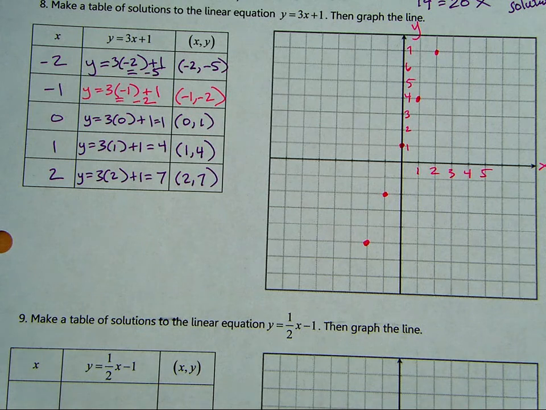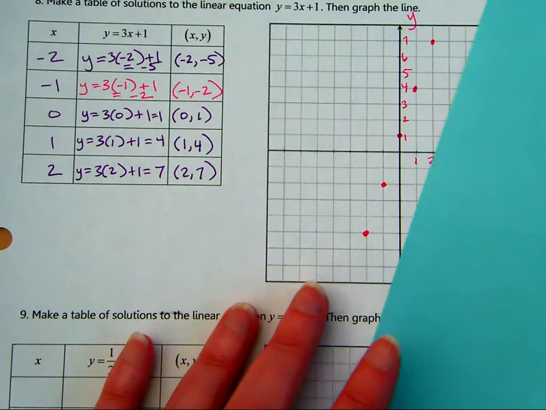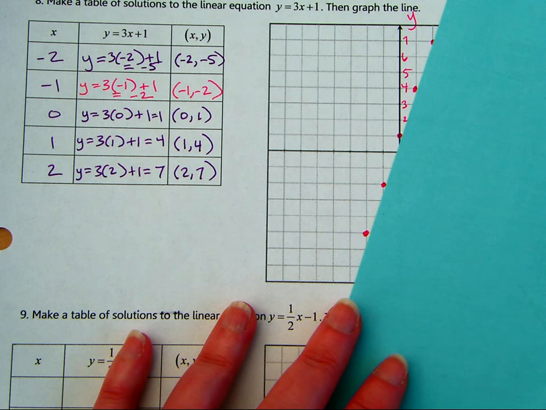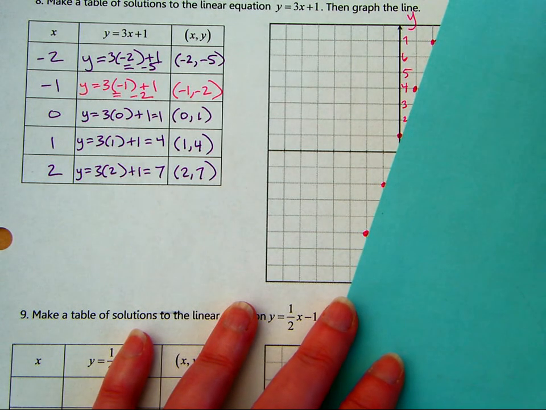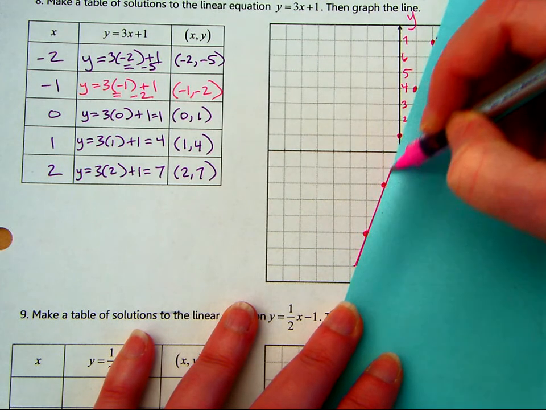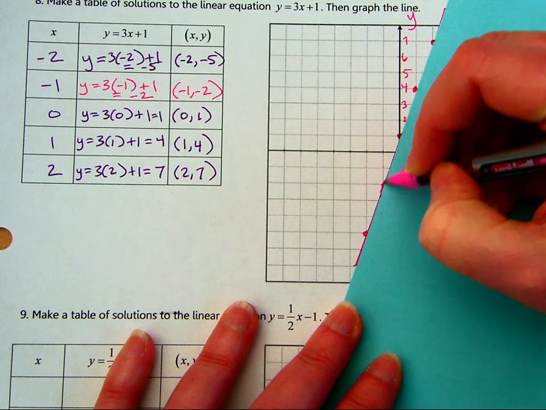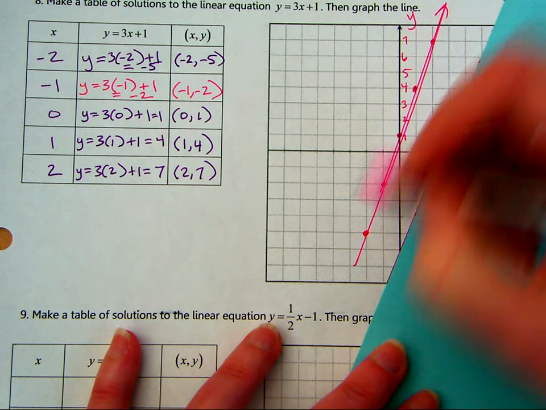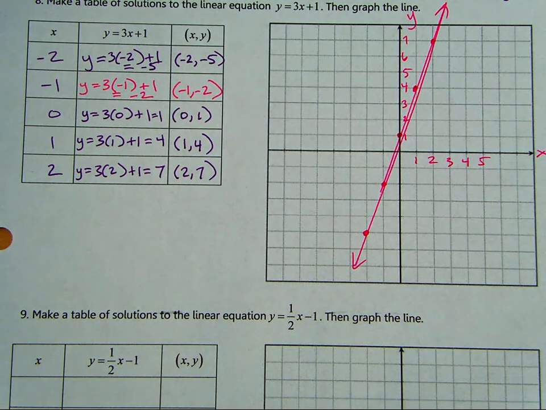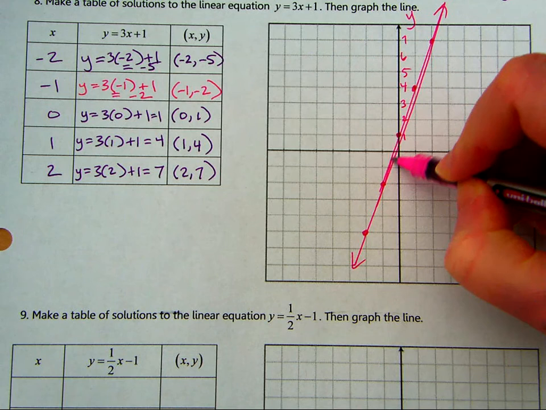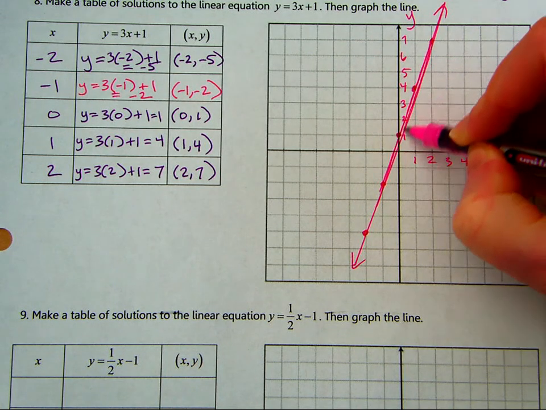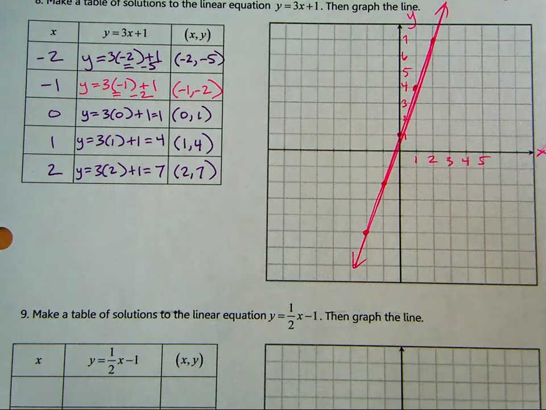I'm going to just use a piece of paper here. Straight edge. Do you want the arrow on the end of it? Yes. Put the arrows on the ends. Sorry, it didn't come out that great because my piece of paper is not quite wide enough. That's a single line. And you just graph the line.